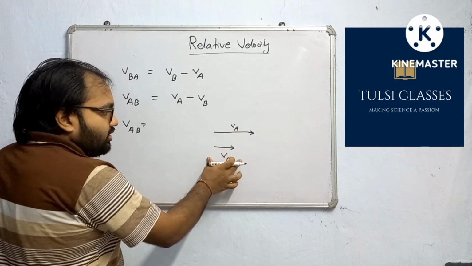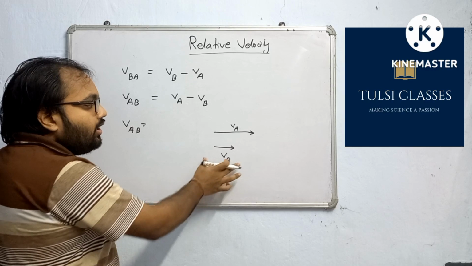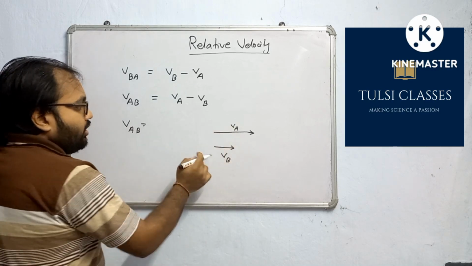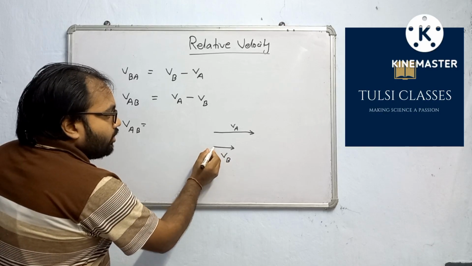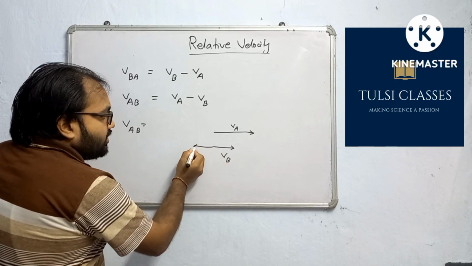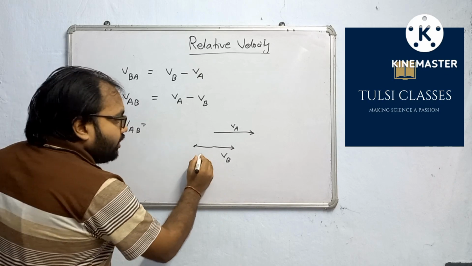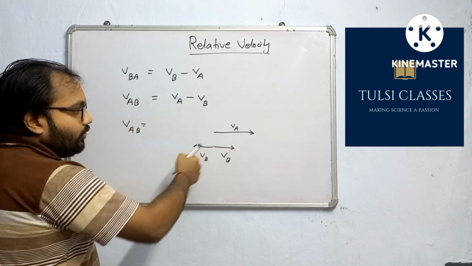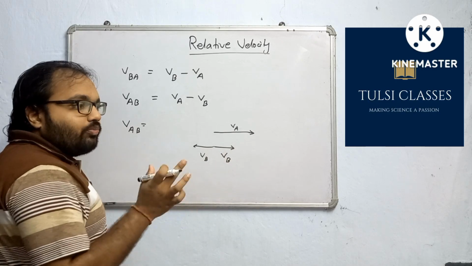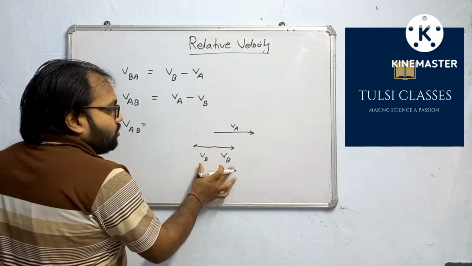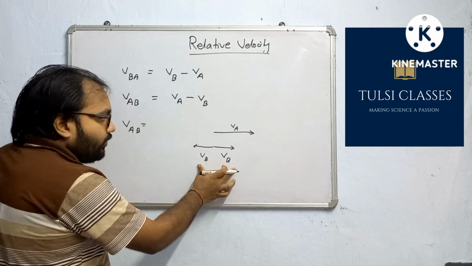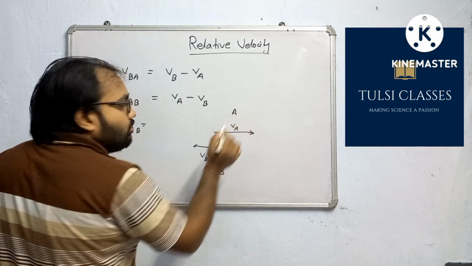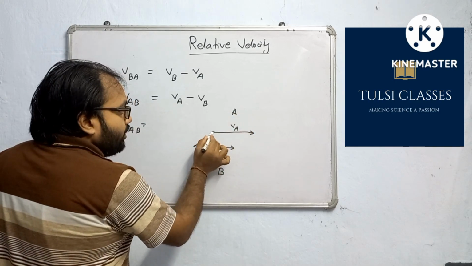First, B should not be in motion to watch the velocity of object A. If the person B is himself in motion, then he will not be able to correctly interpret the velocity of object A. So how to stop this object B? We will apply the same magnitude, that is V_B, in the opposite direction. If we apply a vector in the opposite direction, then velocity of B will become 0. It will be at rest. So if we are applying velocity V_B on the object B, in the object A also we have to apply V_B in this direction.